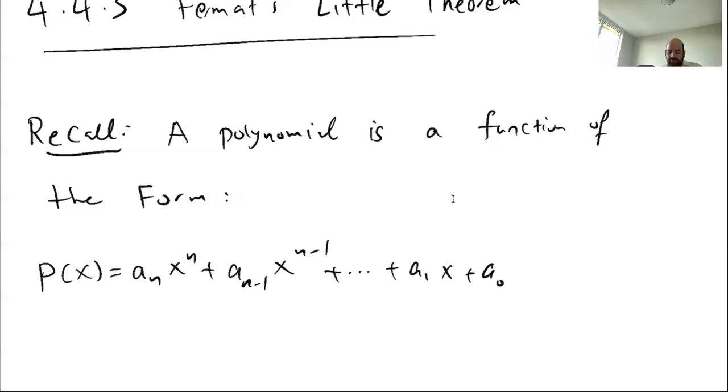Even in the high school definition of a polynomial, the leading coefficient, an, is not allowed to be 0. So I can say, for example, x to the power 4 plus 2x cubed plus 3x squared plus 4. So this is a polynomial